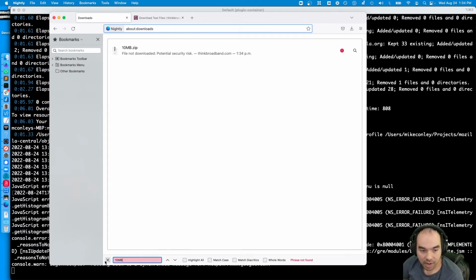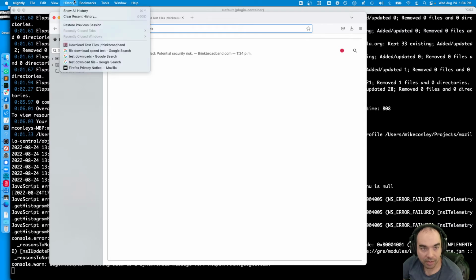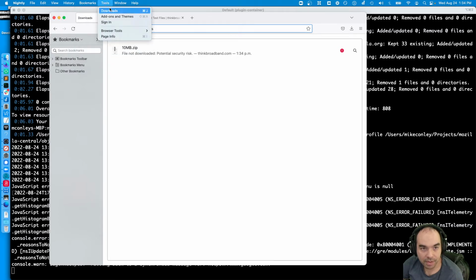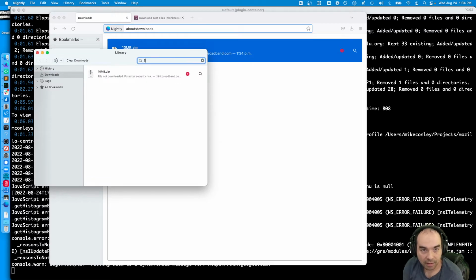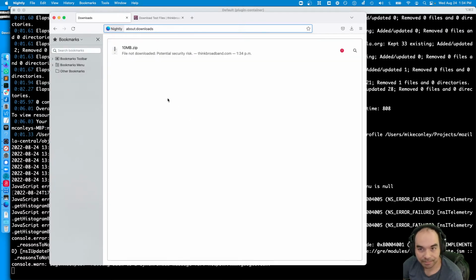Okay. So it's not great that this isn't findable anyways, but this is not the primary interface for looking at downloads. About downloads is this old utility. If you're searching your downloads, what you should probably be doing is using this, and then this search input will find it. You should be using the library. About:downloads isn't the right place.